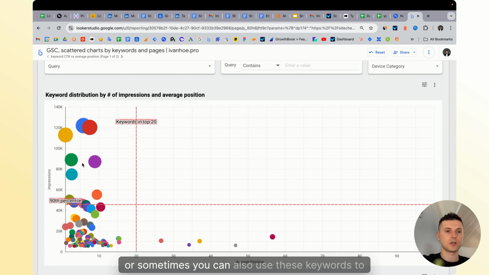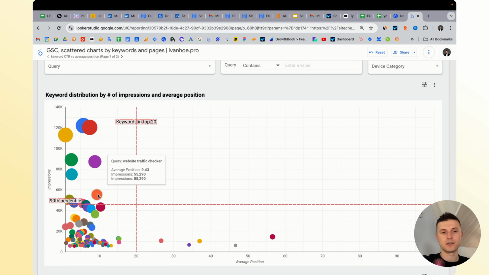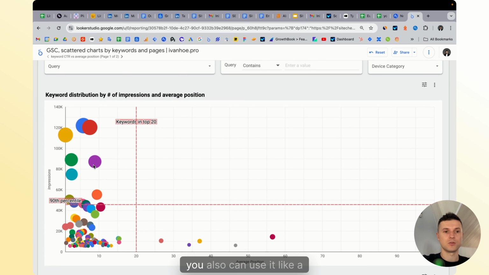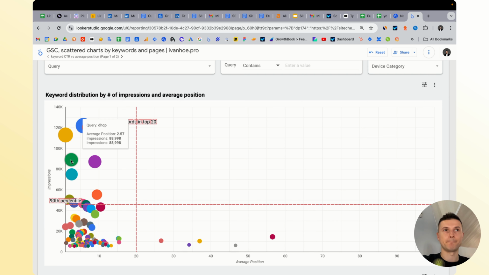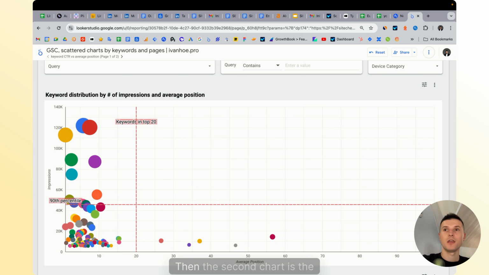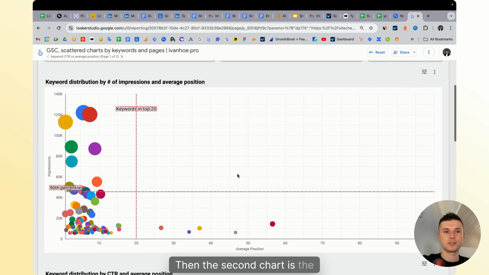Or sometimes you can also use these keywords to generate new content ideas using long tail keywords. So you can also use it as topic generation for new content for your website. Then the second chart is the